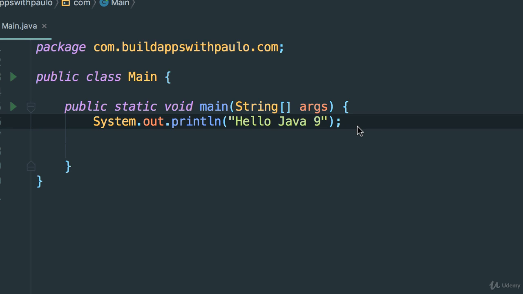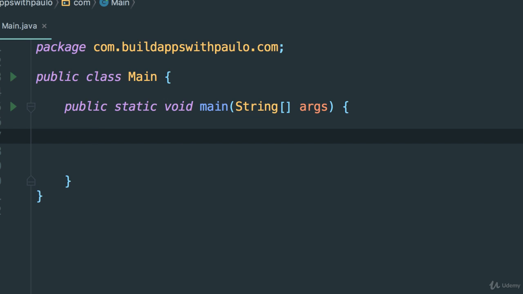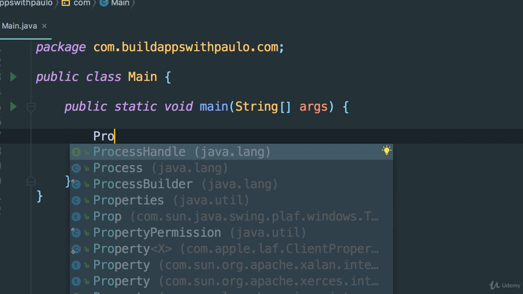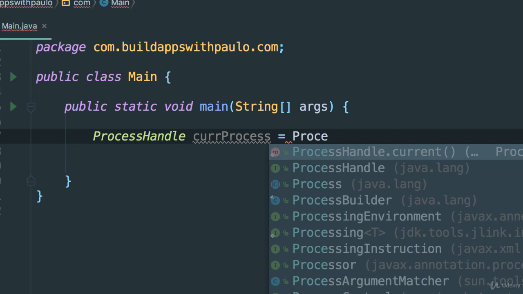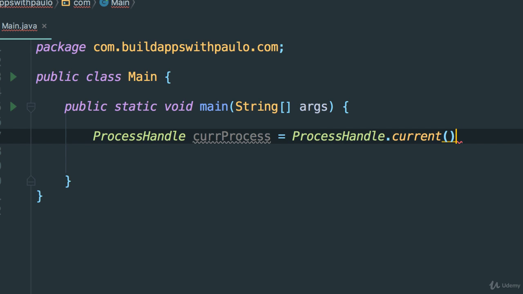Well, it's always nice to put everything into an example. So I have inside of my main entry point here, a project. What I'm going to do is I'm going to create a class called process handle. There it is. Say enter. And I'm going to call this current process. As such, I'm going to create process handle that current like this. Okay, so now this current process variable here is holding the process that we can access in our operating system,